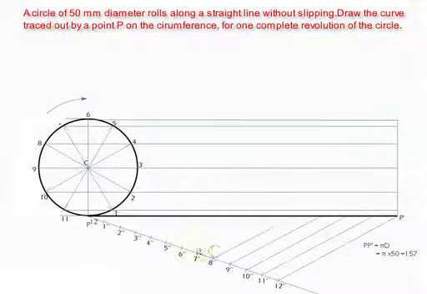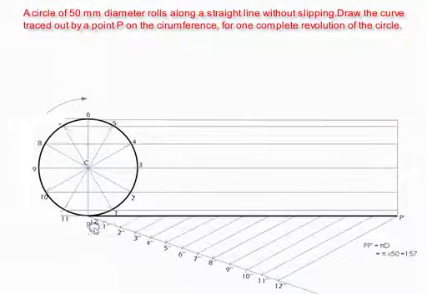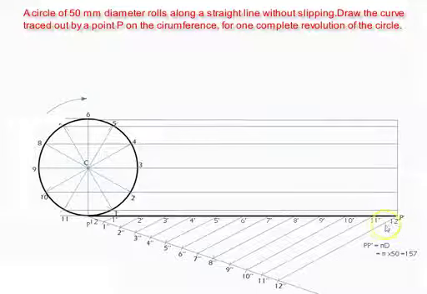Till the last point 1 dash. So that is ultimately going to divide your distance P dash into 12 equal parts. Just give the names for all those points. And the last point 12 dash itself comes on the point P dash. Okay, now after this step, from points 1 dash, 2 dash, 3 dash and 4 dash,